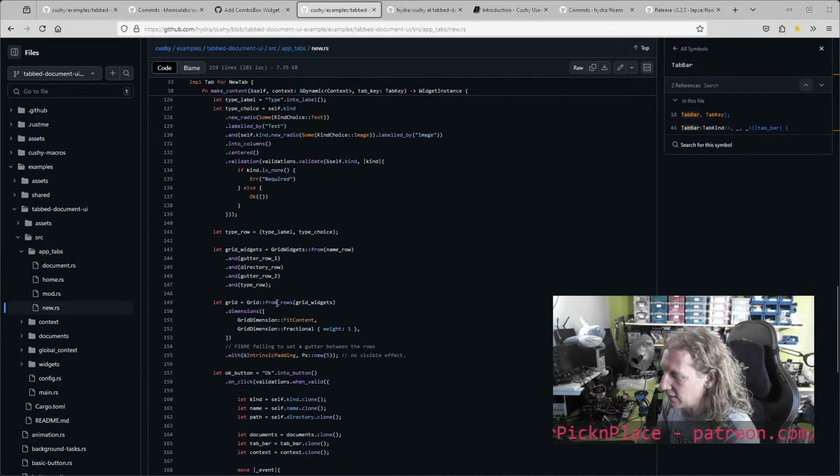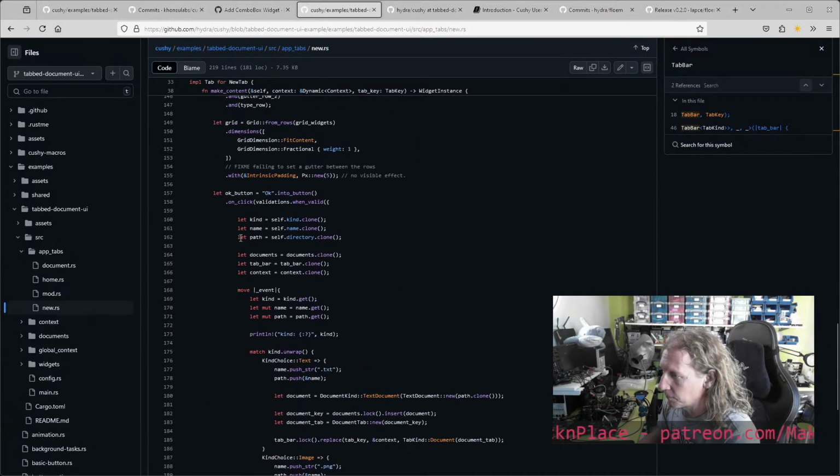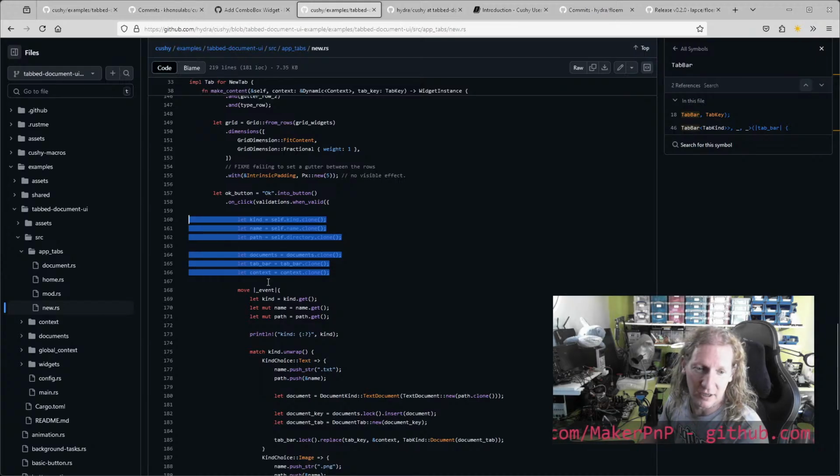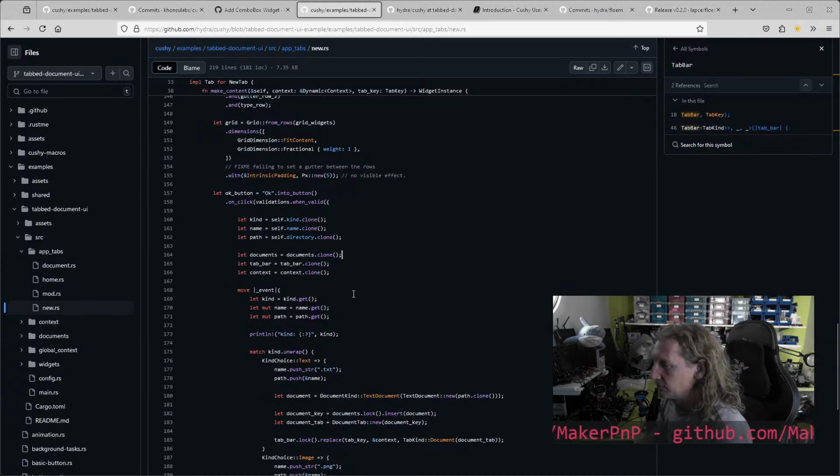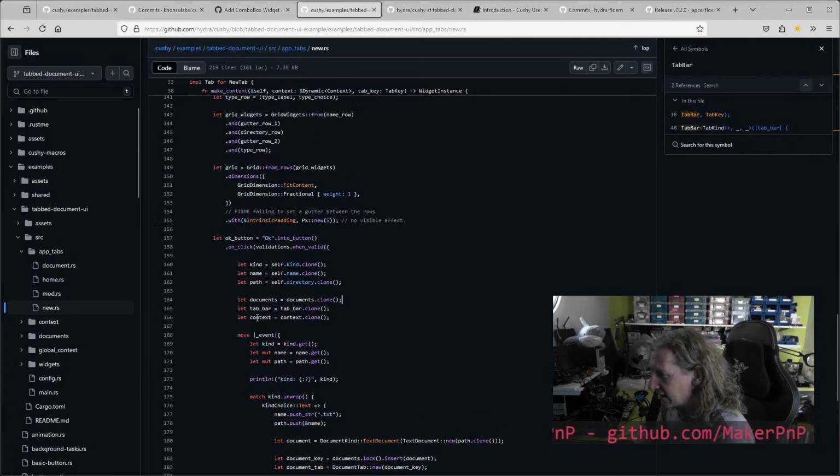And the way that this pans out is that you have to clone things, and then in your callback, you have to then use these cloned things. And it's just excessive cloning going on all the time. Another way that this manifested itself,